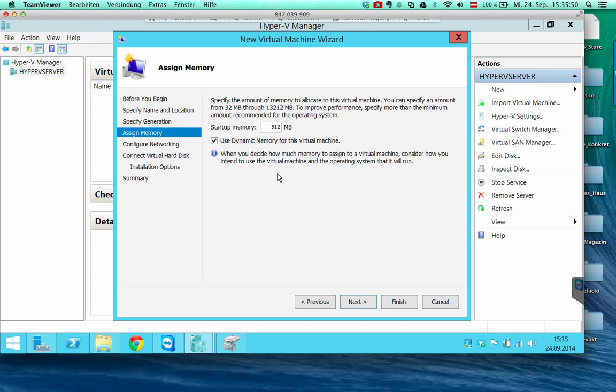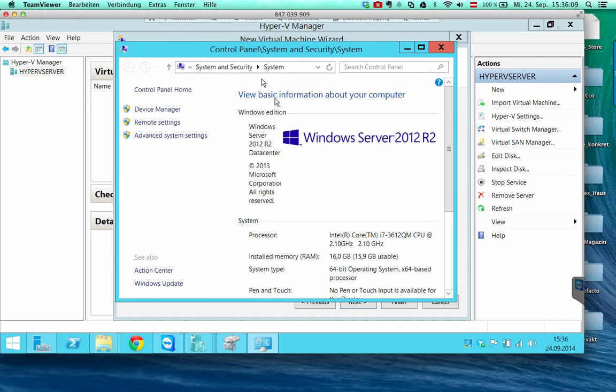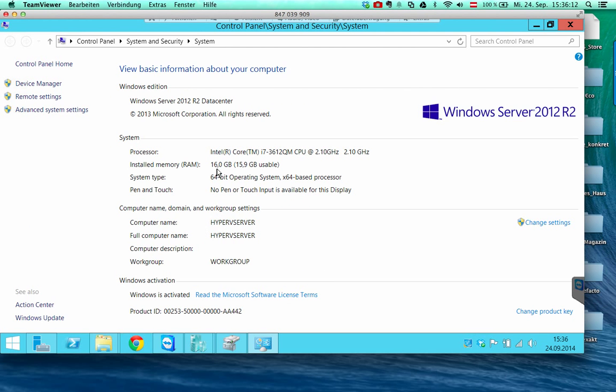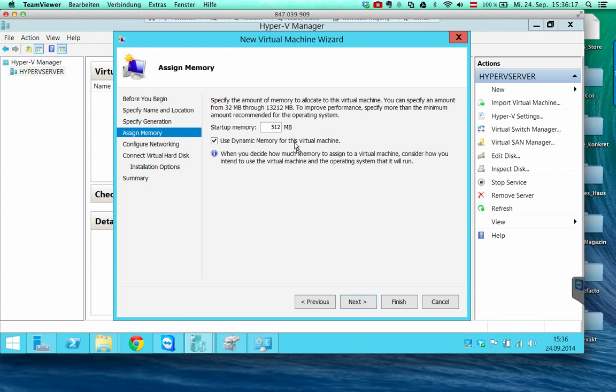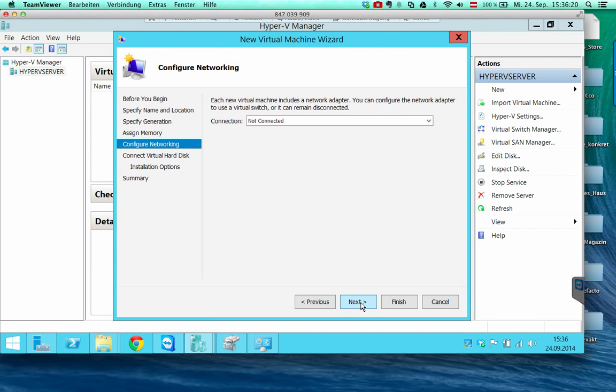Dynamic memory enables the host operating system and Hyper-V to dynamically assign as much RAM as the virtual machine needs out of the 16 gigabytes that we have here. We set this checkbox, click next,